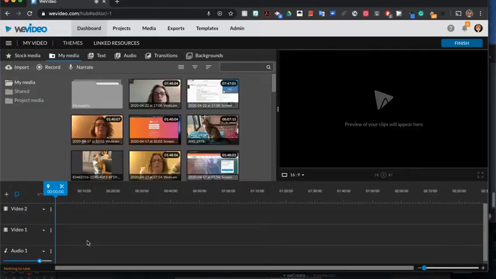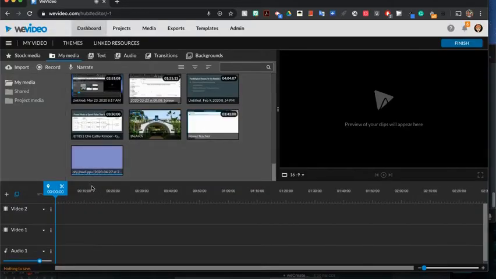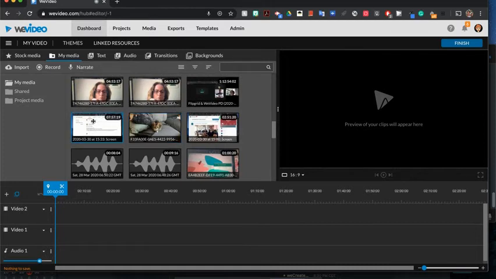Select. And that's going to upload that from my Google Drive into my WeVideo media. And you can see it's working on it now. It has a little blue line chasing underneath that shows that it's trying to import that. So once that's imported,